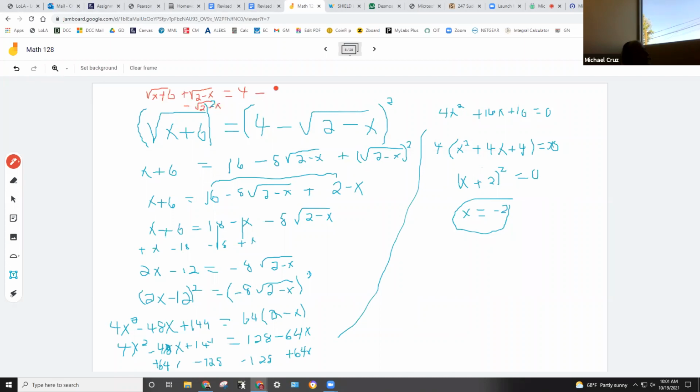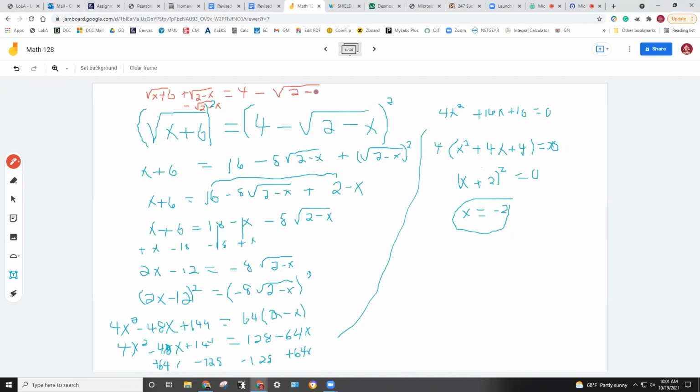Okay. In other words, it's going to go over here, and then you're left with 4 minus the square root of 2 minus x. All right. Now, the square root of x plus 6 is sitting by itself. So when we square that,